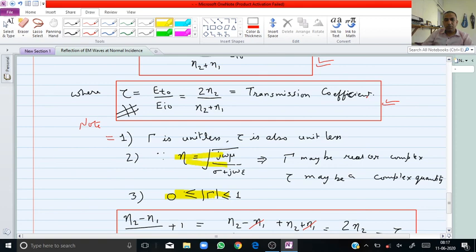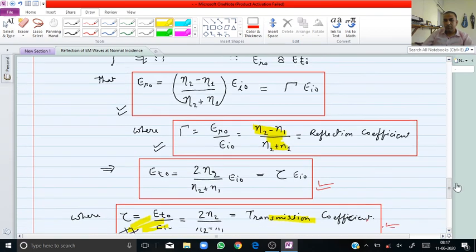You must know about it. This is unitless. Okay, these two formulas are very important. This one